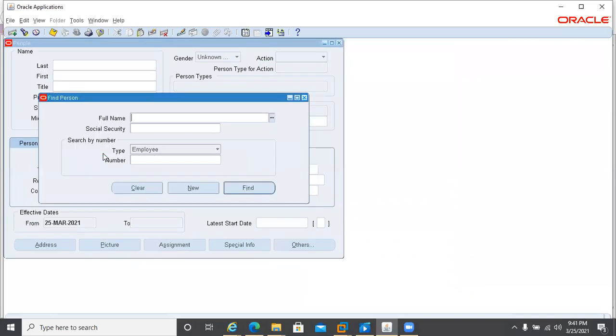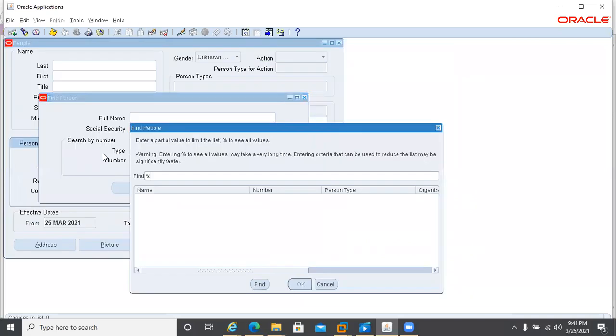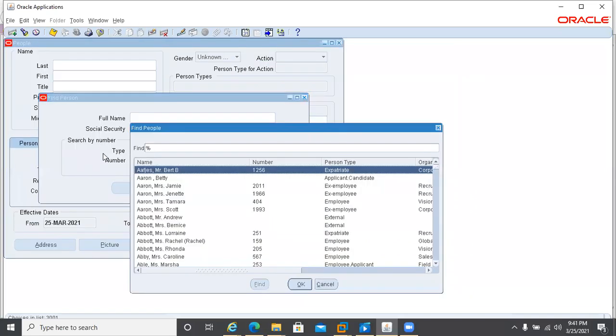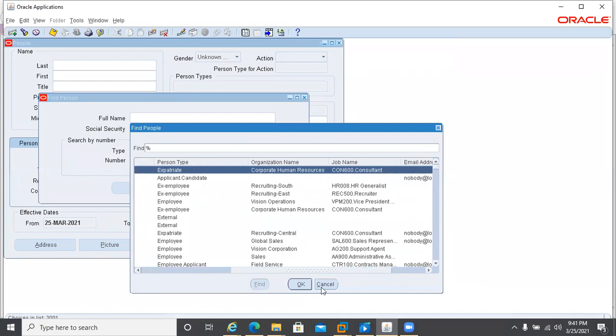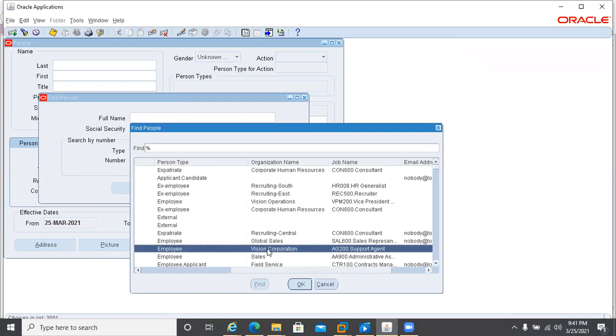Now I will show you here. Because under this responsibility, we didn't set any profile, and that's why you can see all the organizations. You see here Vision Corporation. You get my point? Vision Corporation is basically, see, the application which you install,